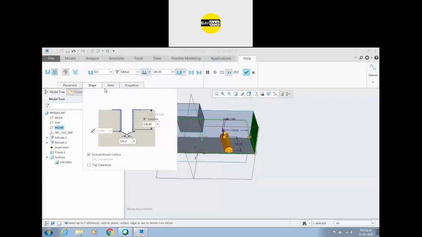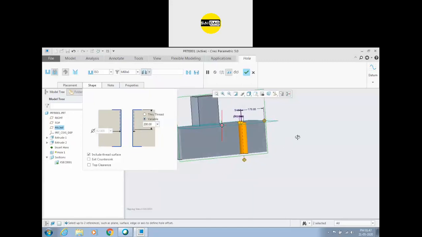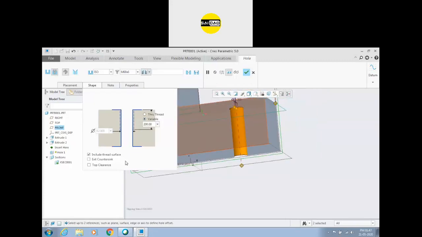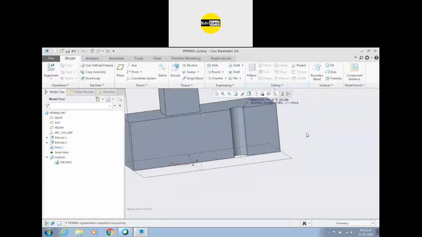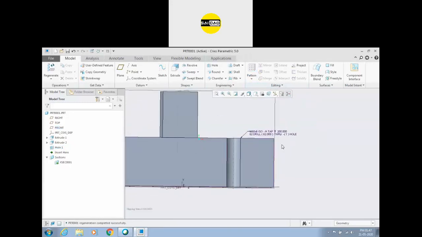Okay, and you can see here in the shape there are some other options. You can change the depth of the thread also, it is variable. You can change it from 148 to next. If you create it through all, you can also define the value from here. Okay, so like 200. So you have to know the dimension of this object to create the thread. After that, just click OK, and you will be able to see that this is the threaded hole. Okay, any questions on the threaded holes?